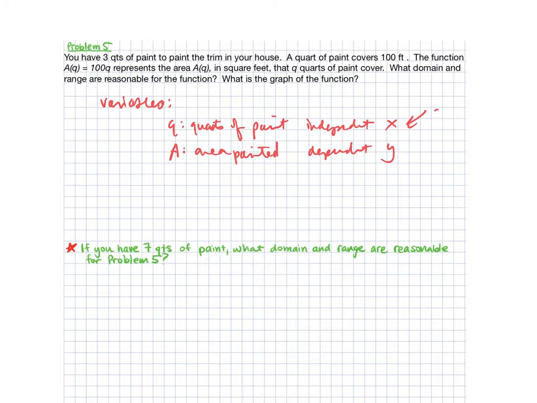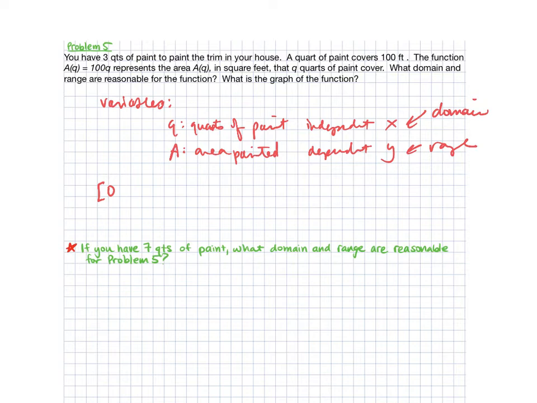So my domain is coming from this one, and then my range is coming from this one. We can't have negative quarts of paint, but we can have 0. So our domain is going to start with 0, and then I'm going to write it in interval notation. And then you can have part of a quart of paint. So we're going to start at 0, and then we can go to,